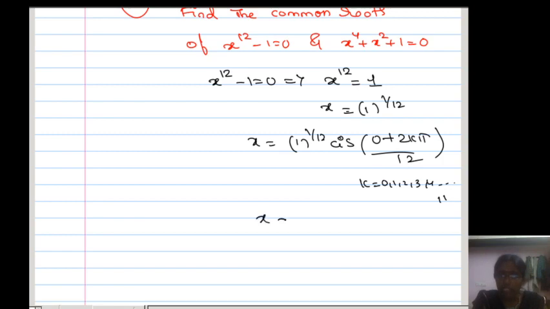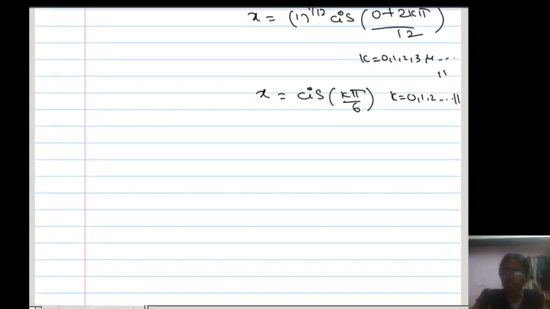So x is equivalent to cis of 2kπ by 12, which can be written as kπ by 6, where k is equal to 0, 1, 2 up to 11. So now these are the 12th root of unity solutions. Then